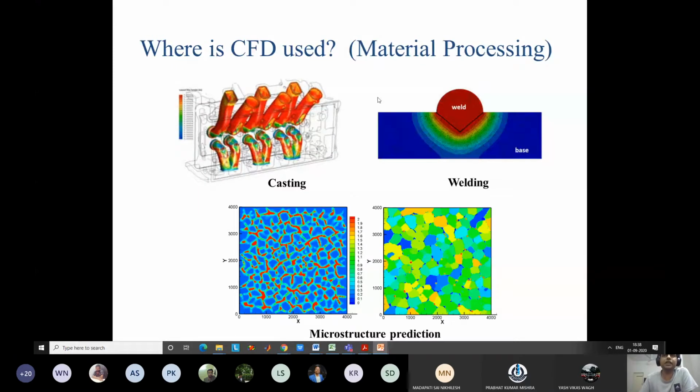Another vast area for CFD is material processing. Okay, I am trying to give you a feel of applications so that you know why this is so important, why you are studying this subject, and also you know that this subject is very important for your placement purpose, because all these companies are working in one or other area among these, right? So you need to have a very good understanding of this subject material so that you can get placed in these companies, or you can approach for say off campus placement, and this will benefit you in the long term also.